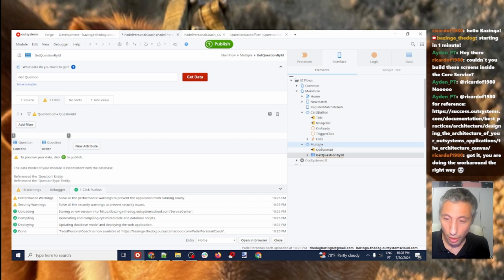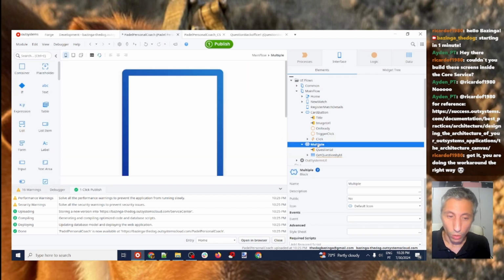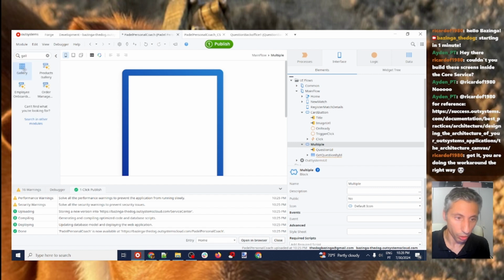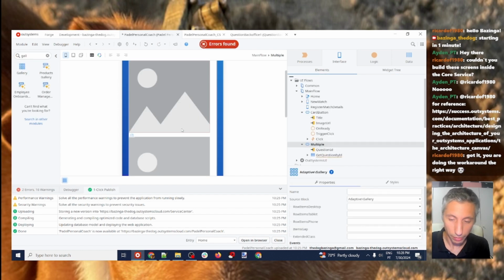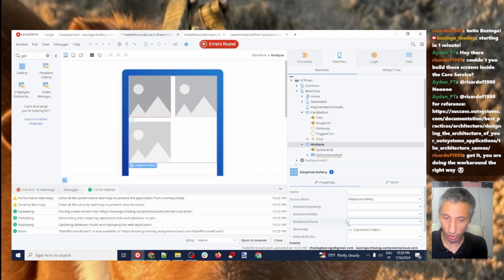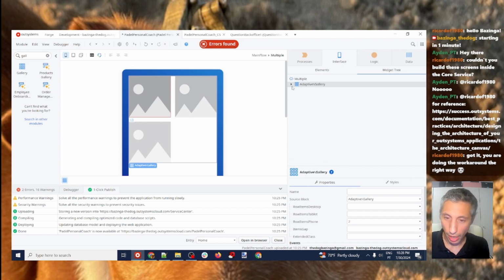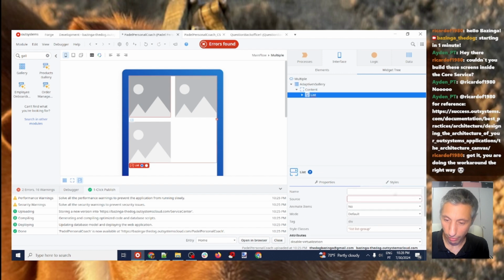Okay, now how are we going to show it? I think what we can use is a component that's the gallery. Okay, and the gallery is something cool where you can select the number of row items depending on the device. So on phone we're going to say 2. Okay, now we can have a list, right? The list is going to be the questions,